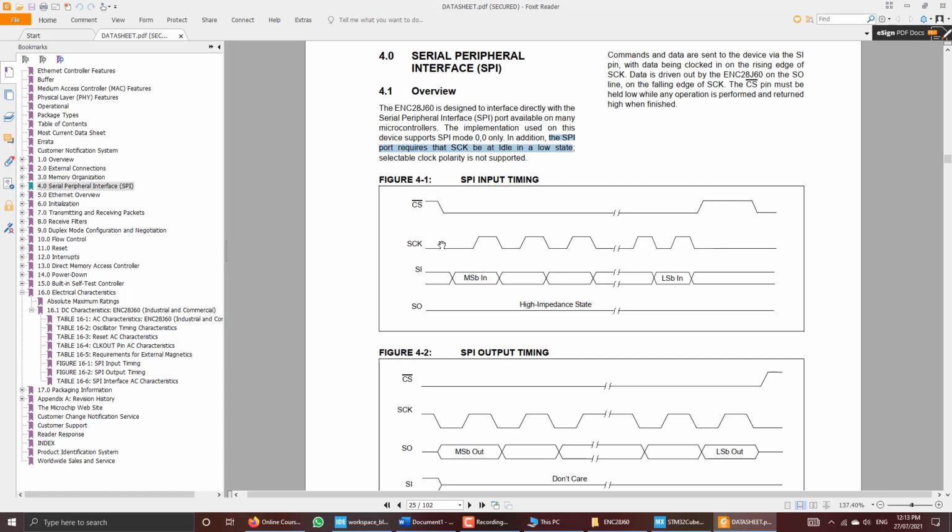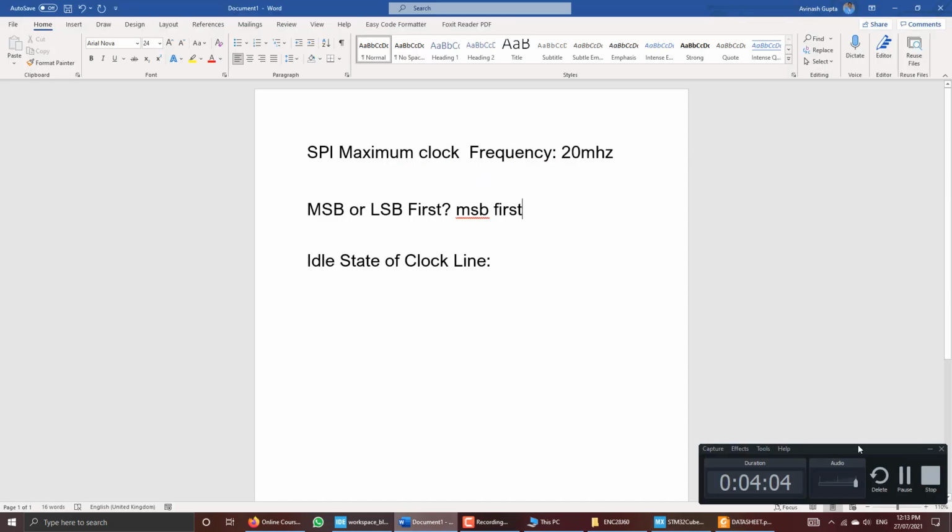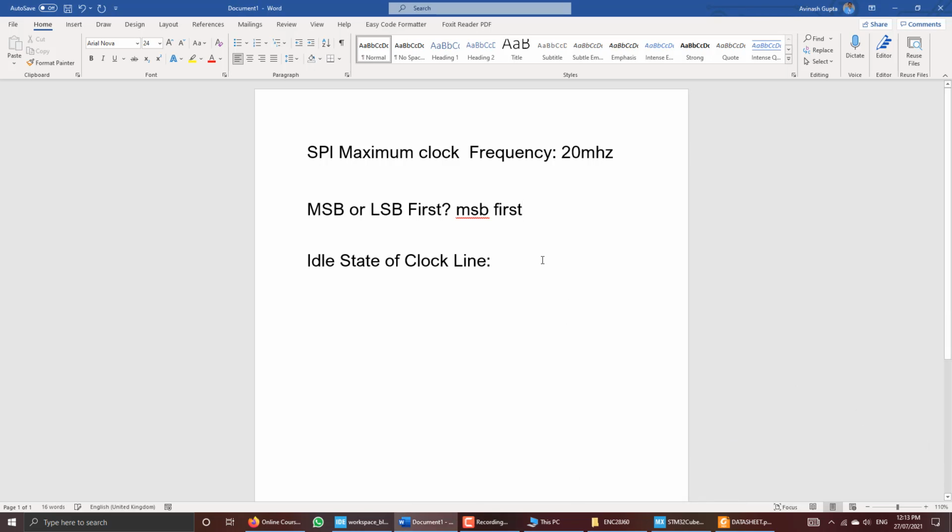That means the idle state of this SCK line is low. That means when no data is transferring over the SPI bus, the logical level of this SCK pin will be low. The idle state is low.